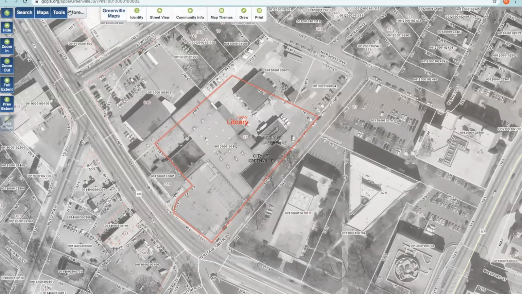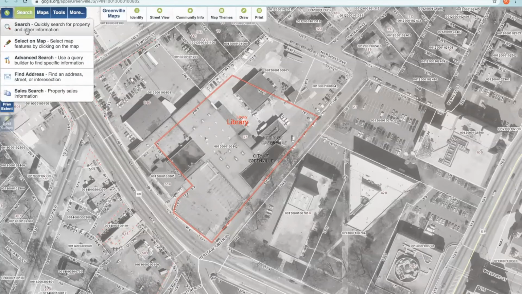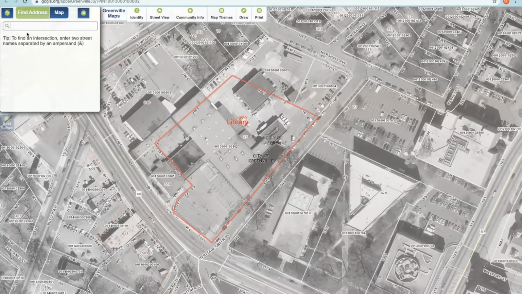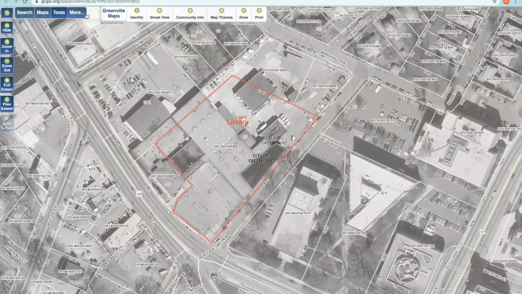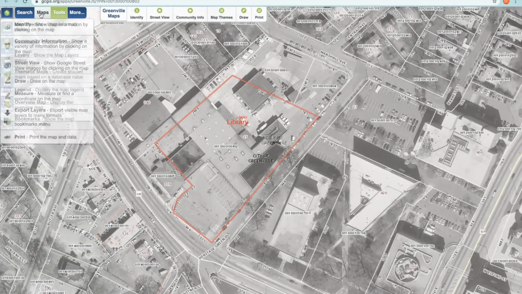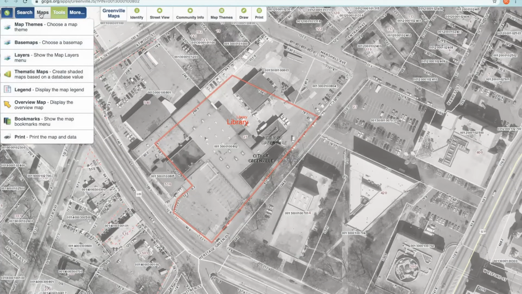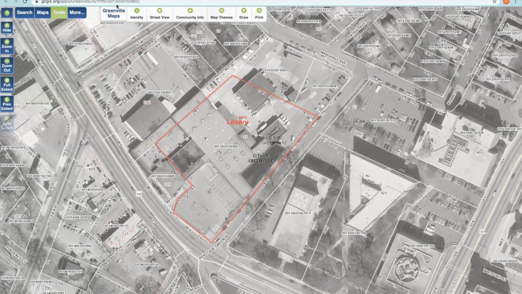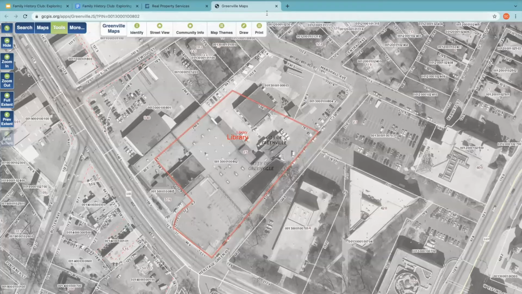And then the last thing to talk about here is if you wanted to search for a different property. If you go to search, you can actually search by address if you wanted to do that. And you could just type in a new address and it'll take you straight to that property. But yes, there are so many more things we could do here. I actually linked on the handout an advanced users guide. So if you did want to really spend time digging into this, it's so neat. You could spend a lot of time looking at this map, but we're going to move on just because we don't have too much time left. And I want to make sure we talk about a few other maps.